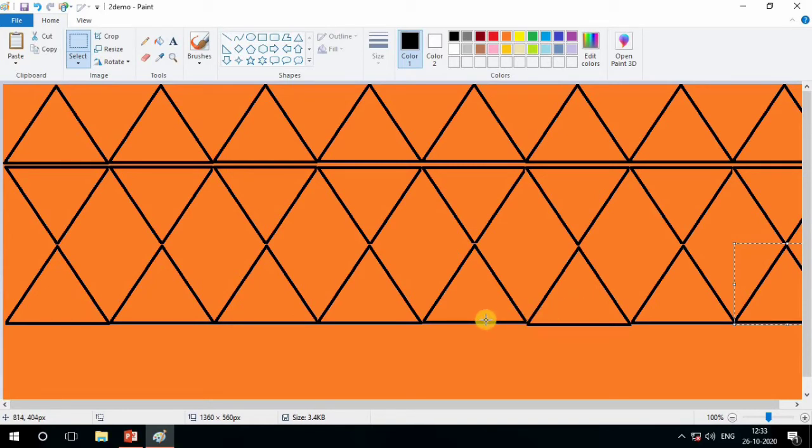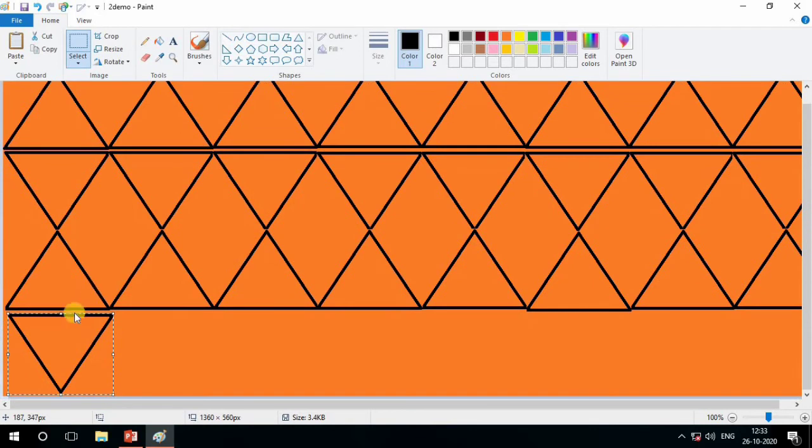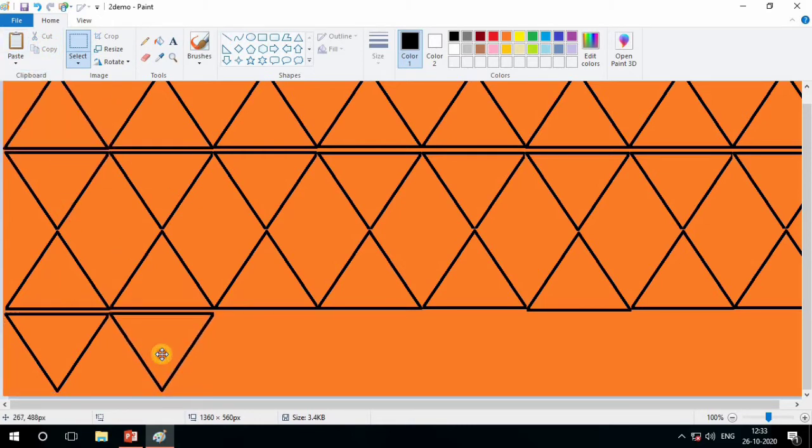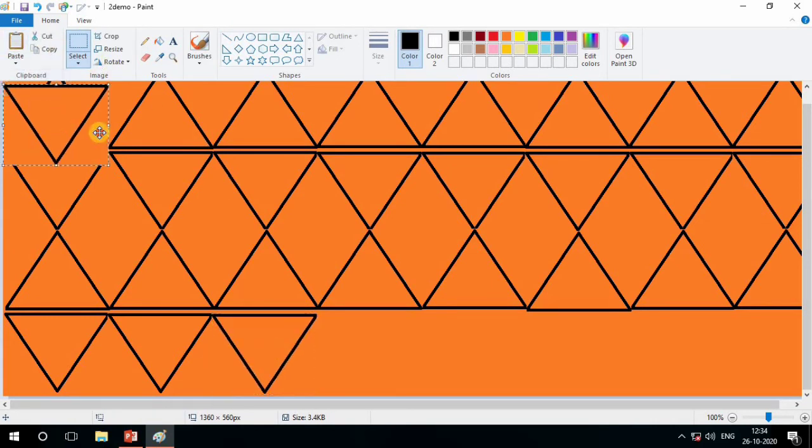Now see, again the paste option, come here and now rotate it. So it is here. Now copy and paste. So the reverse direction is copied and filled with the paste. You can see what I am doing by clicking and dragging my mouse.